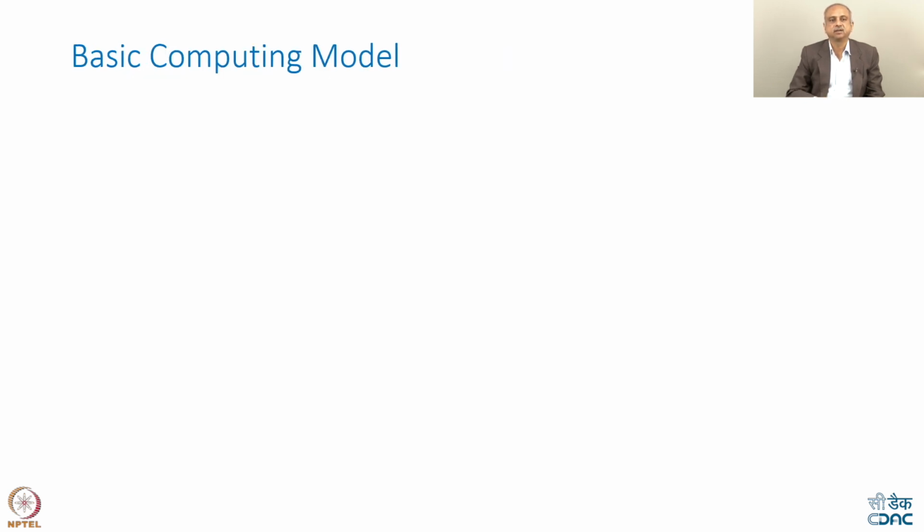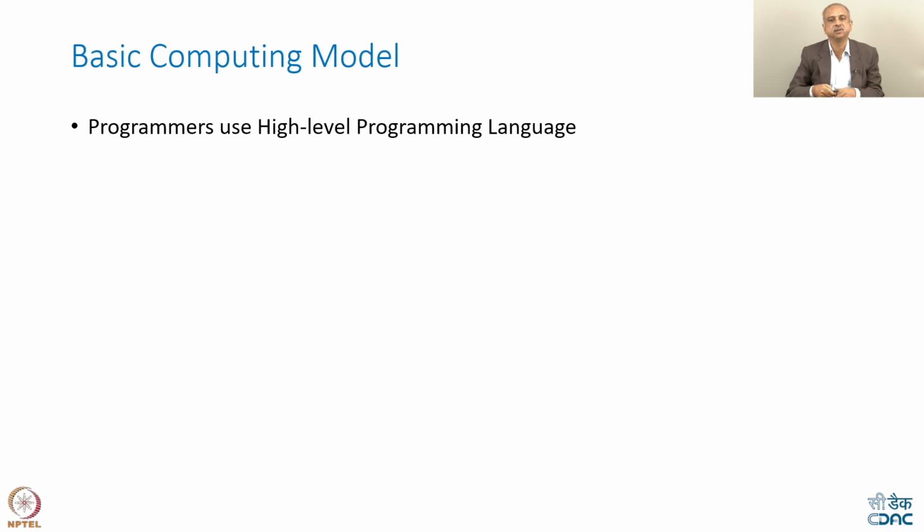Now, let us look at the basic computing model that runs on this computer. We all know that programmers use high level programming languages like C, BASIC, Java. So, one may write a statement like A = A + B + 1, which means that the variable A gets a new value, which is the sum of the old value of A added to B and incremented by 1. This is a typical statement that one would write in C language or any other higher level